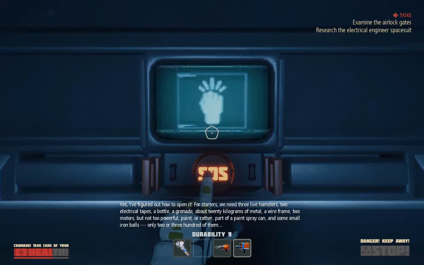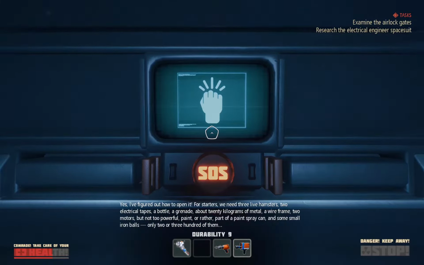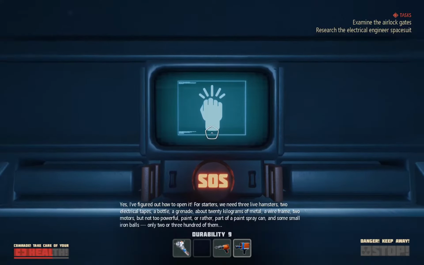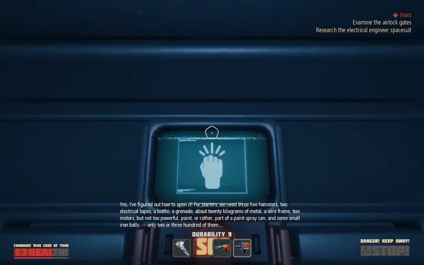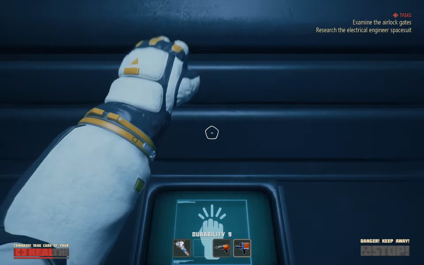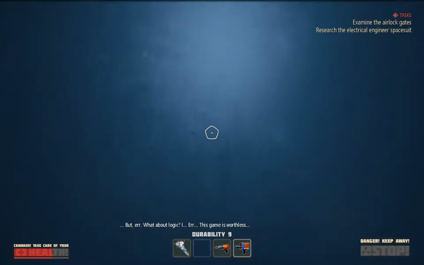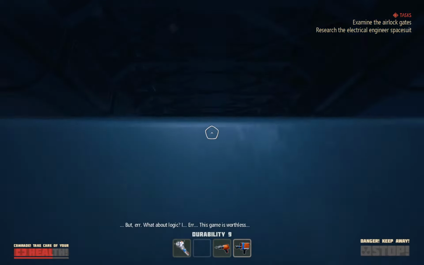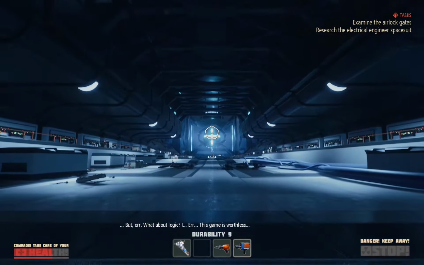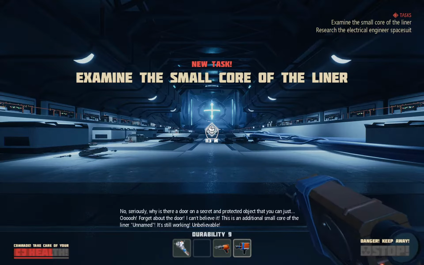For starters, we need 3 live hamsters, 2 electrical tapes, a bottle, a grenade, about 20 kilograms of metal, wireframe, 2 motors but not too powerful, paint, or rather part of a paint spray can, and some small iron balls, only 200 or 300 of them. This game is worthless. No, seriously, why is there a door on a secret and protected object that you could just...